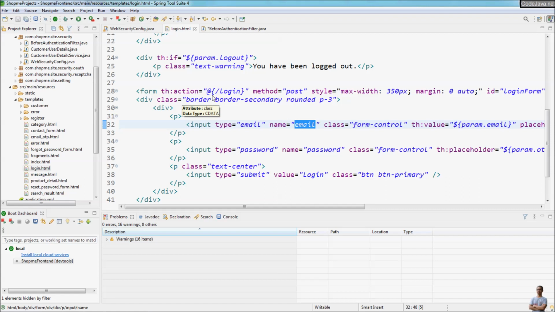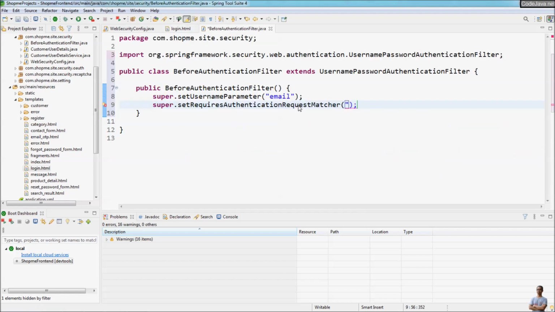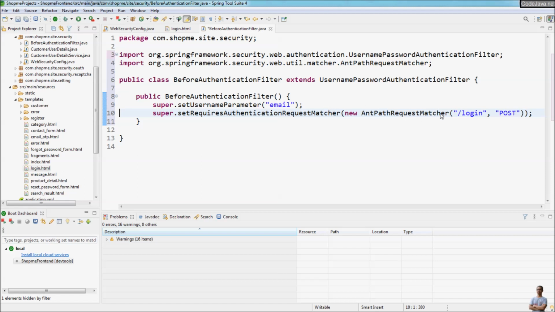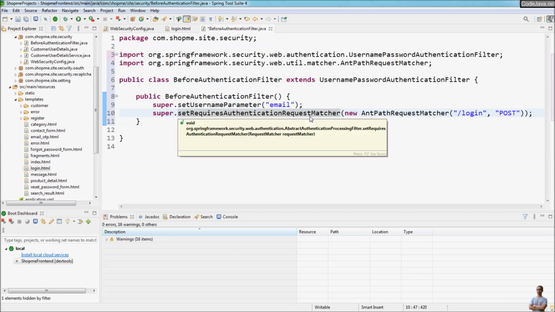The default login processing URL used by Spring Security is /login here. So we specify the new, and add request matcher here with the URL pattern /login, and the HTTP method is POST. So this filter will be executed only upon login for this login URL, not on every